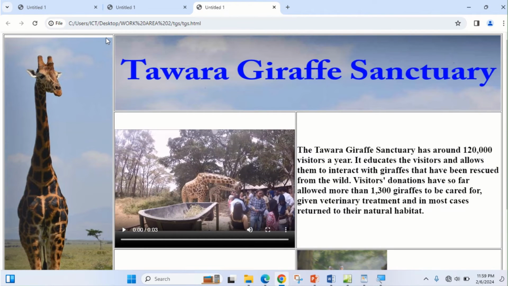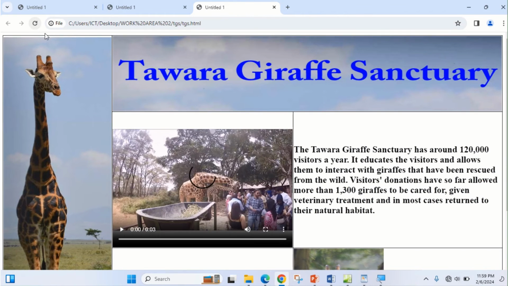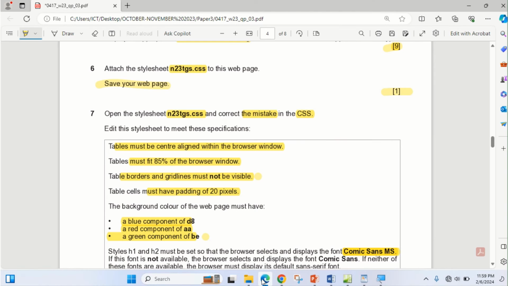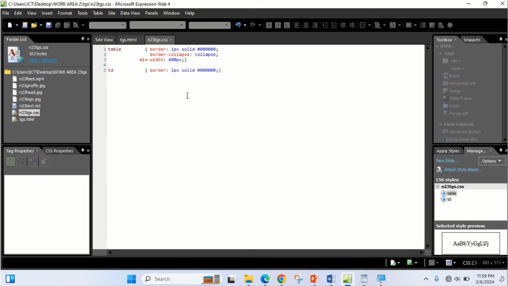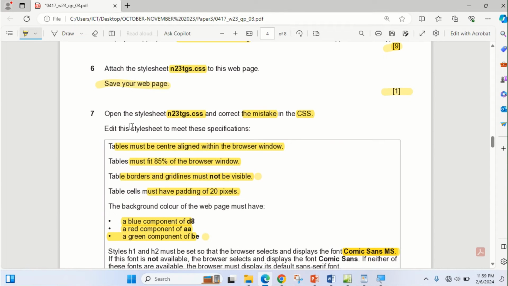Then go to the browser and see whether the border will collapse. You can see the border lines, both the external and internal, is like 2. Let us reload whether it will collapse. Wow, the border collapse has collapsed into single border line. Then that is correct. Then what else? Let us look at if there are errors, any errors. Border collapse. Border is 1 pixel solid and black. Then the next one is